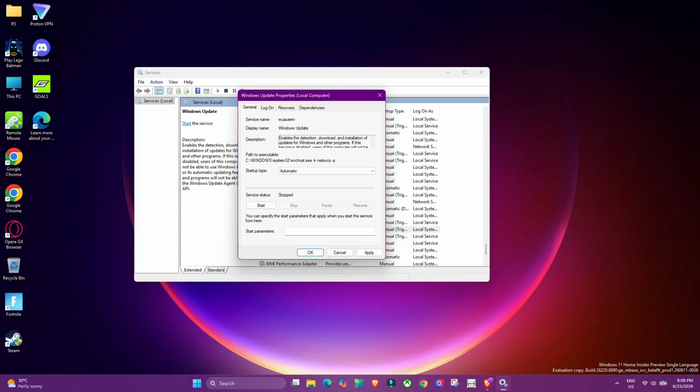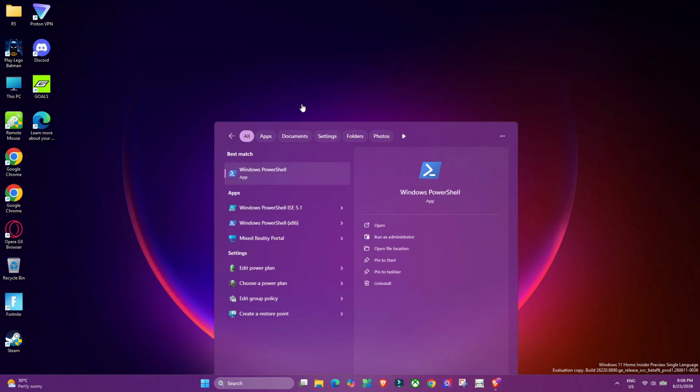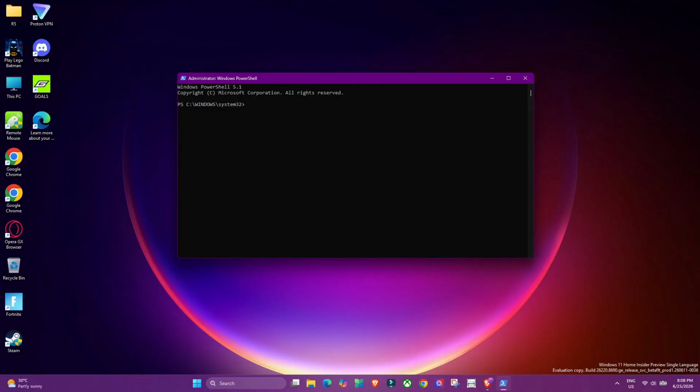Step 7. Re-register Microsoft Store. If the issue is still not fixed, the next step is to re-register Microsoft Store. Type PowerShell in the Windows search box. Right-click on Windows PowerShell and select Run as Administrator. Click Yes to allow. Now copy the following command from the video description, paste it into the PowerShell window, and